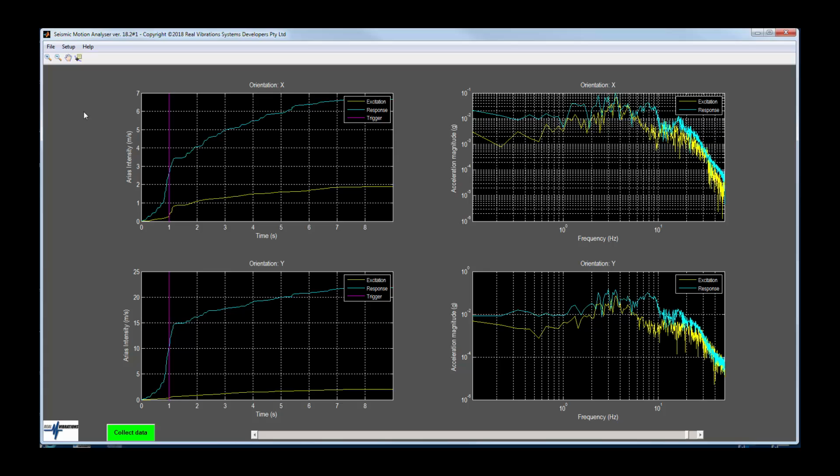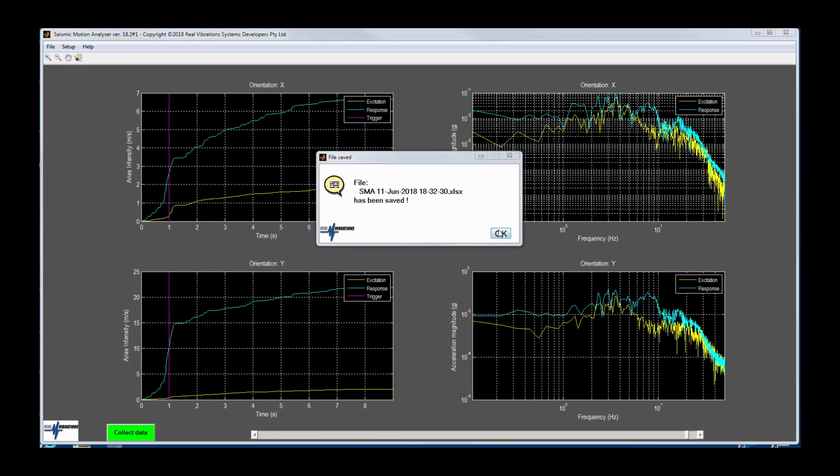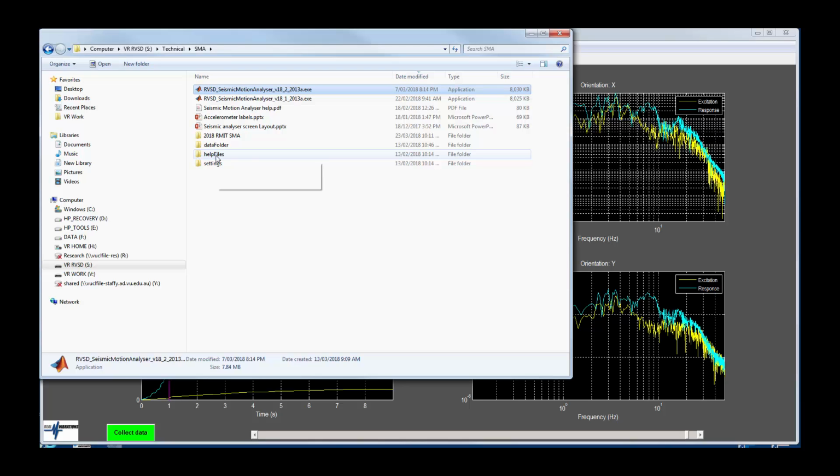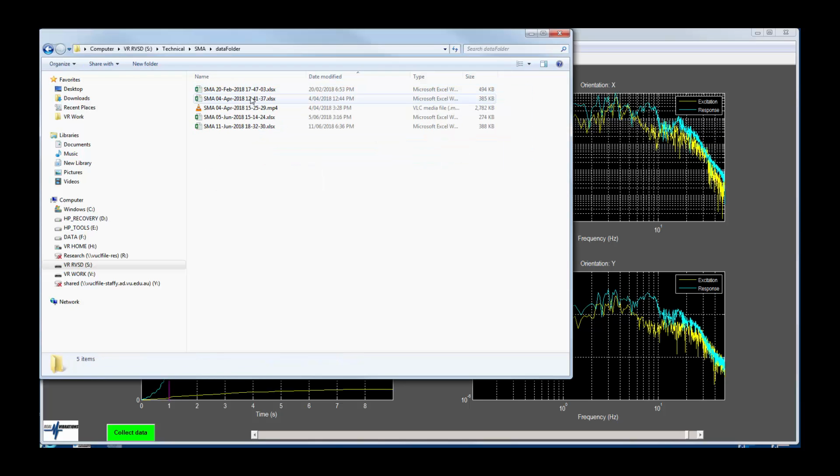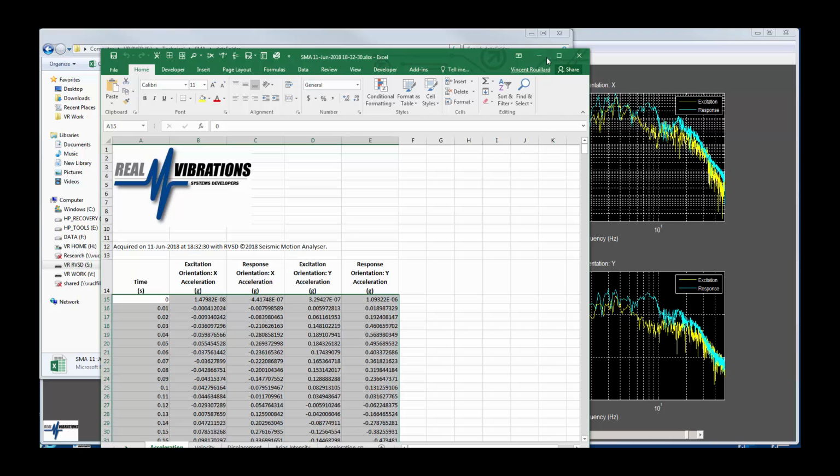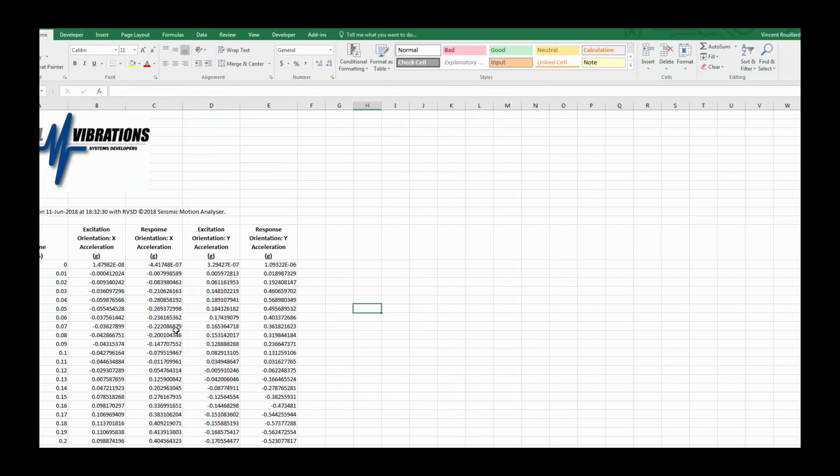And finally, a feature which was requested of us was to be able to export all the data to Excel. This takes a little while, but it's done. Now if we look at the data folder, we'll see this is a data file from today, and if we open Excel, what we can see is all the acceleration waveforms. This was sampled at 100 Hertz,